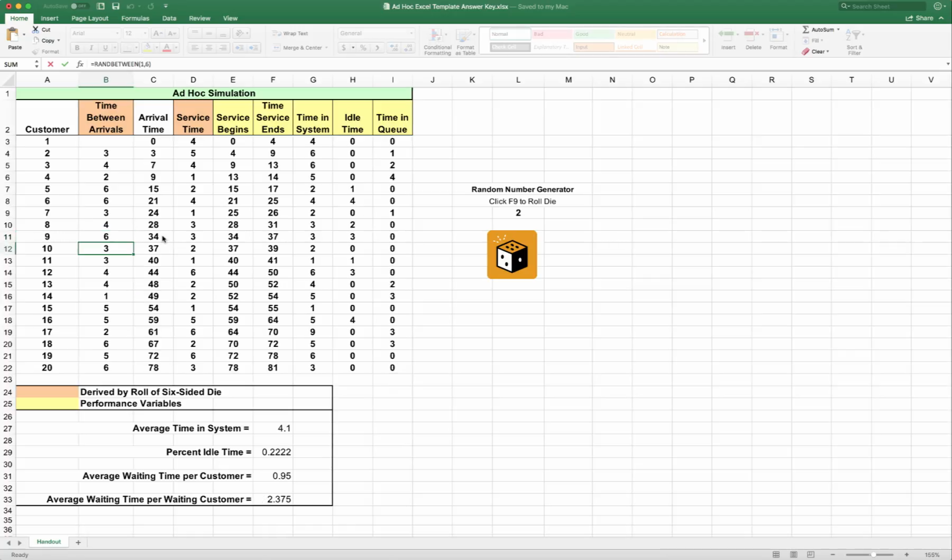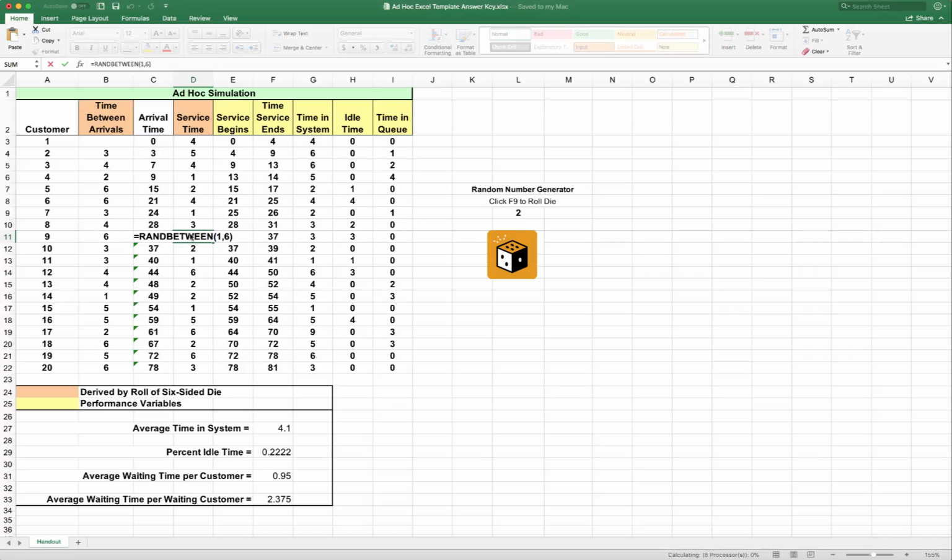Okay? So then for the next cell, your time between arrival is 6. All right? That's a random number generated by the machine. So the arrival time should be the previous arrival number, which is C10, plus the 6 which is generated. Okay, so that's 34. Now for this one, I create another random between. If you click on that, that's random between 1 to 6. I try to simulate how long a service will need